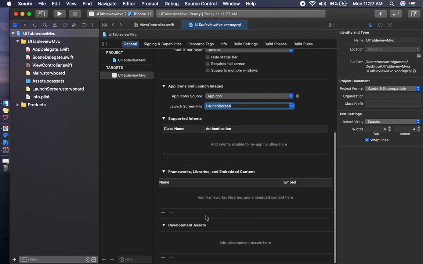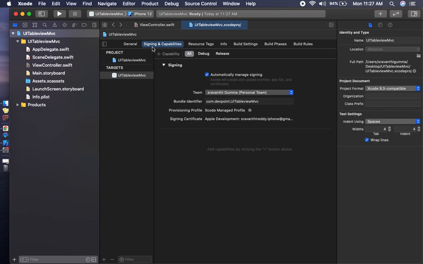Suppose we are using a third party library, like Facebook or Gmail integration, Twitter, any integration we are doing, we have to add the library frameworks for that, and it works through the project only. The next one is deployment assets: when we are deploying our app to the App Store, we have to give assets for that. So this is the general information shown when we open the project.